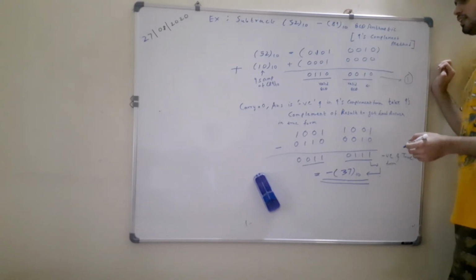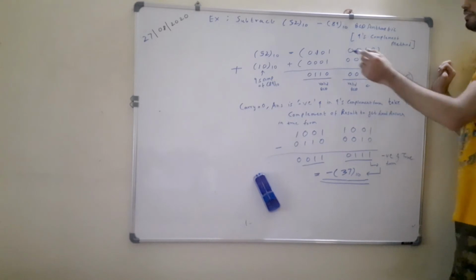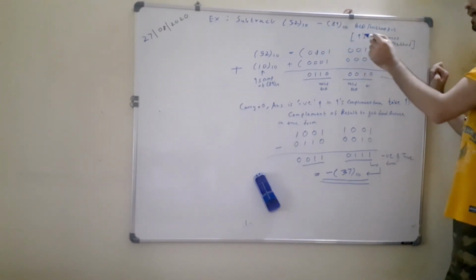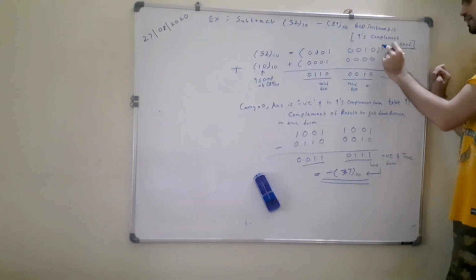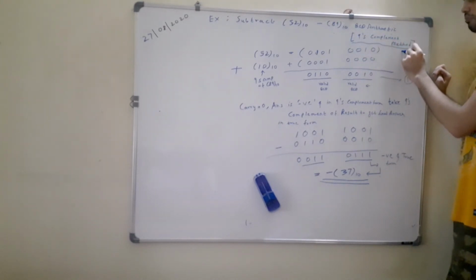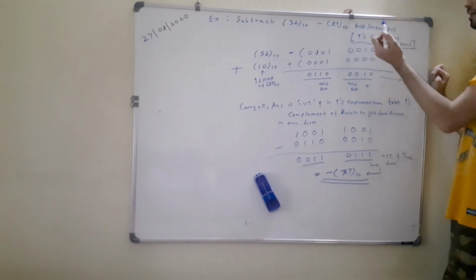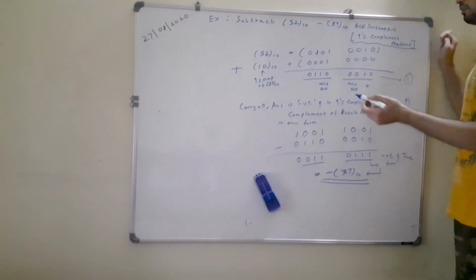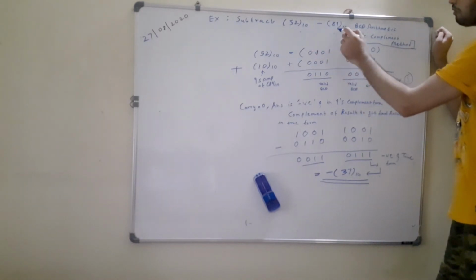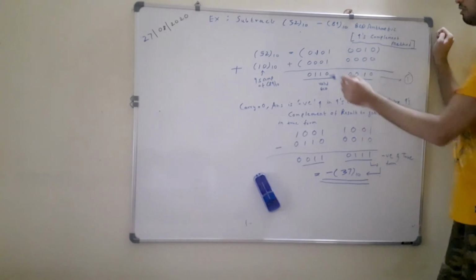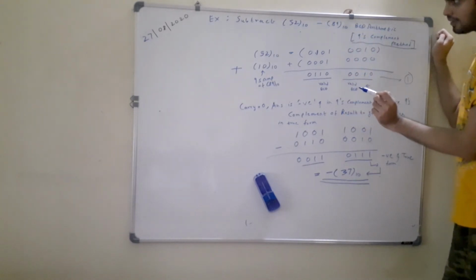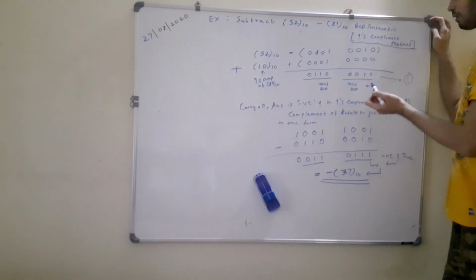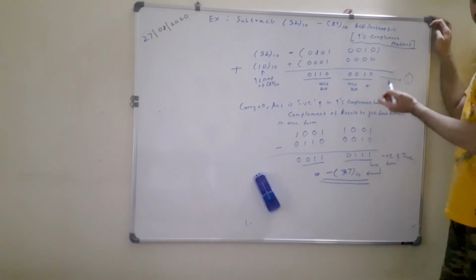So let us take another example. Now this example is subtract 52 minus 89 using BCD arithmetic and using the 9's complement method only. So using the 9's complement method only we have to solve it, but the example is different. So let's go about the example. We have the number 52 and we want to subtract 89 from it. From your normal logic you can understand that the final answer should be negative. But now we have to perform it using BCD arithmetic and the 9's complement method.